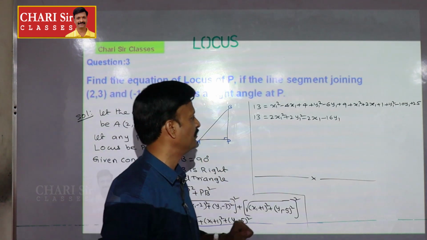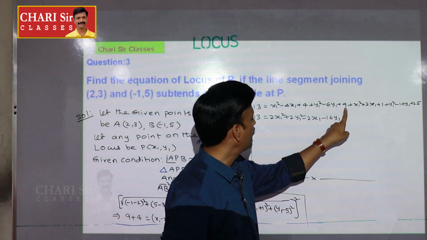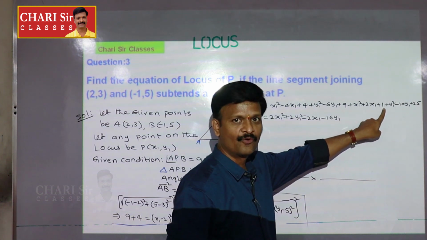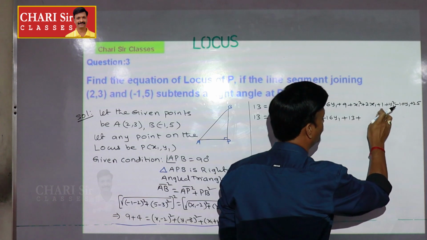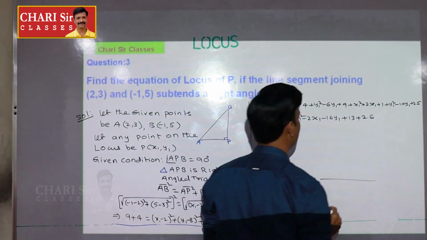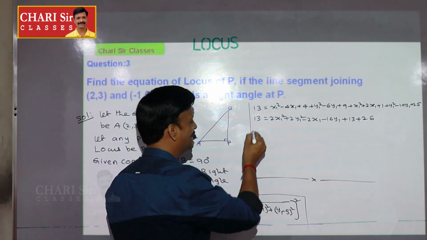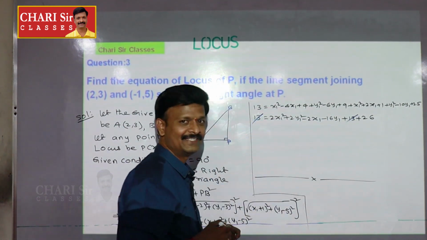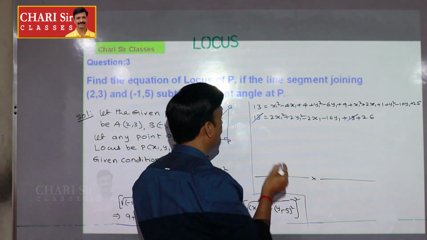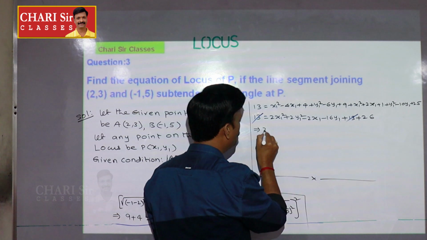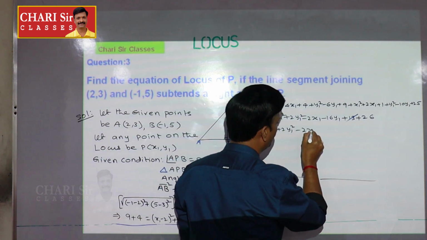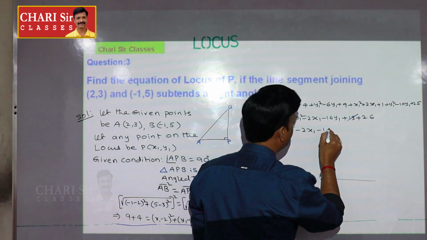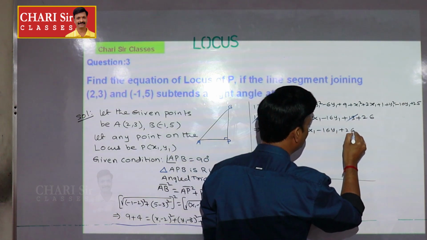Now, constants we need to count. See, 4, here 9, 13 plus 1, 14. So, here you can also write 13 separate plus 1 plus 25, you write down 26. With that there is one advantage, that is 13 and 13 from both sides you can cancel. So, now, what we can write here, 2x1 square plus 2y1 square minus 2x1 minus 16y1 plus 26 is equal to 0.